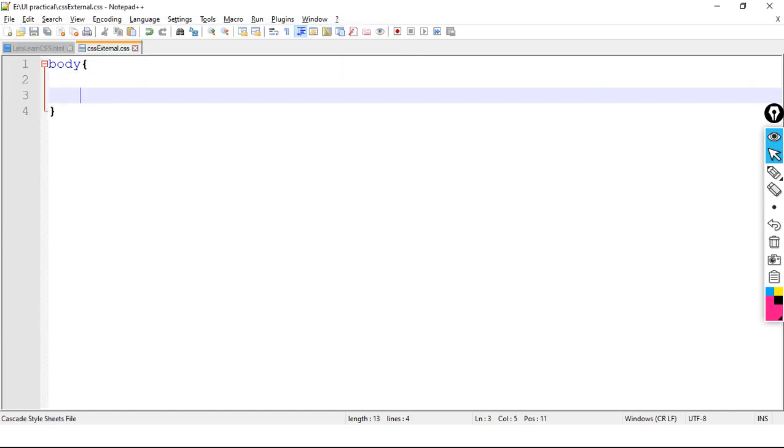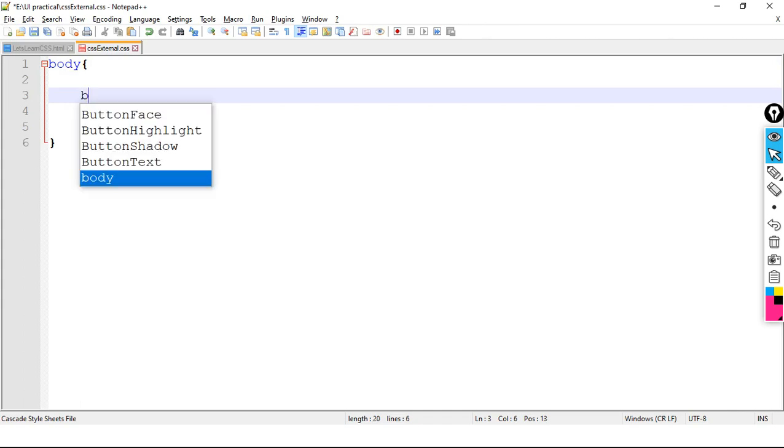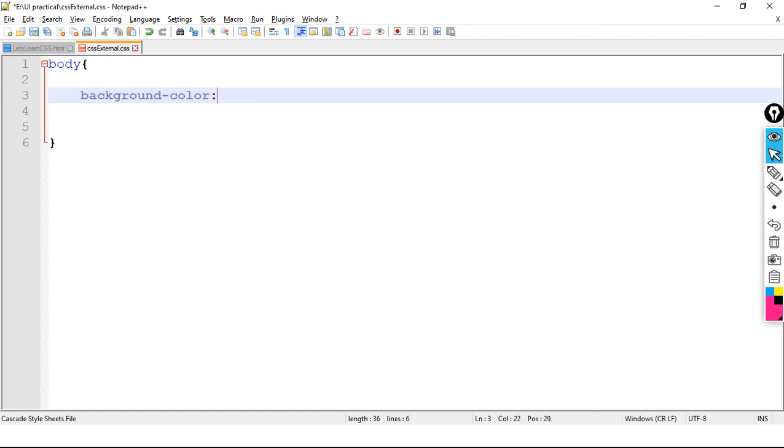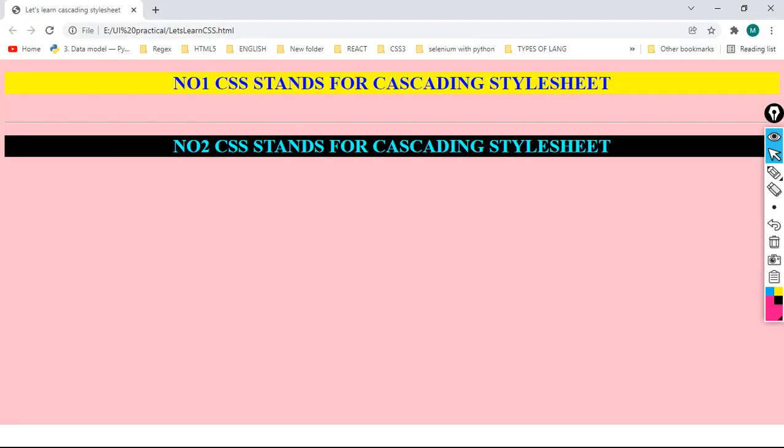Okay, now what I am doing, I am making use of background color black semicolon, save the code and refresh the page.